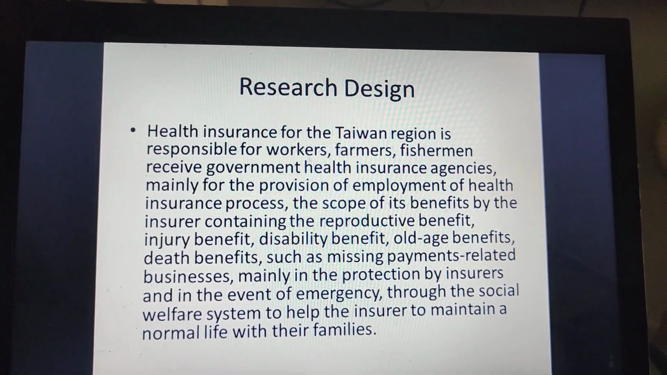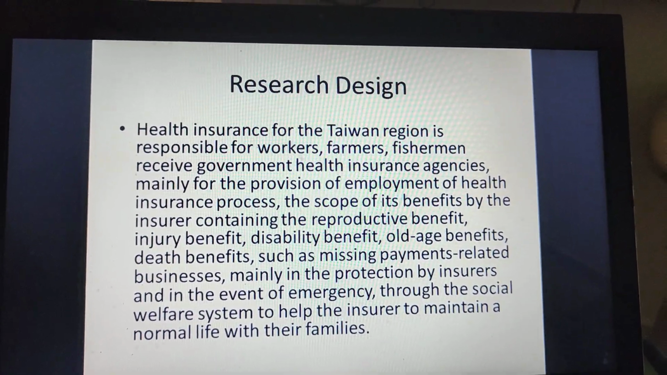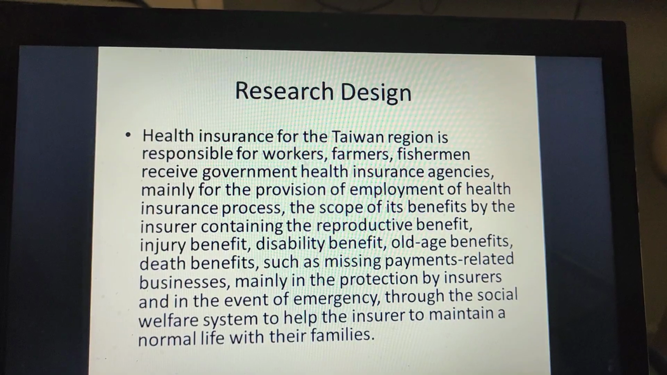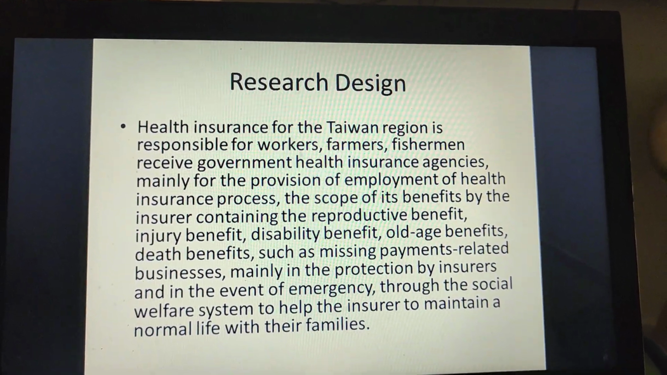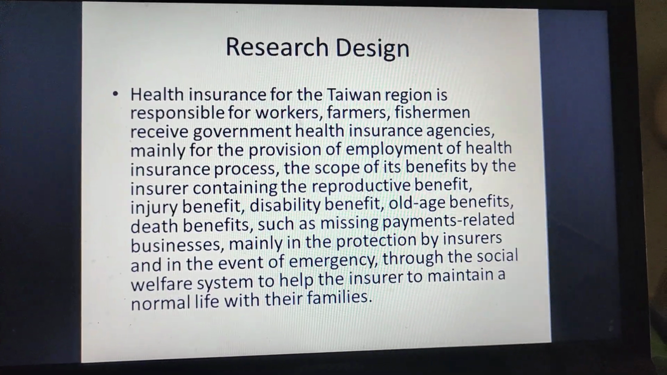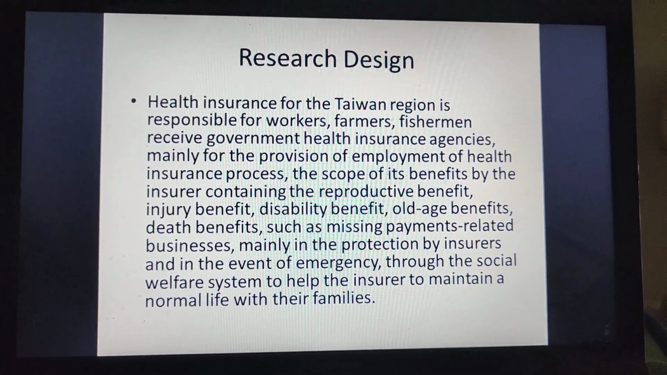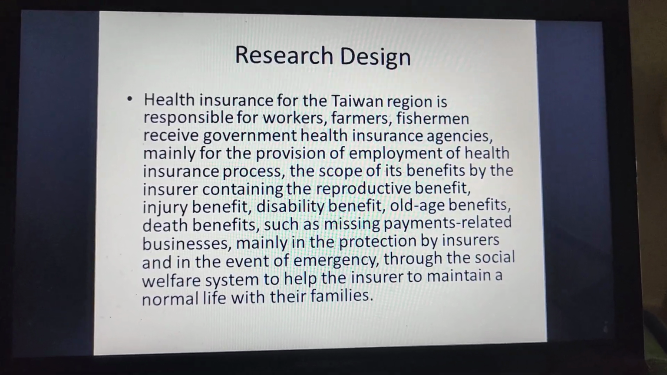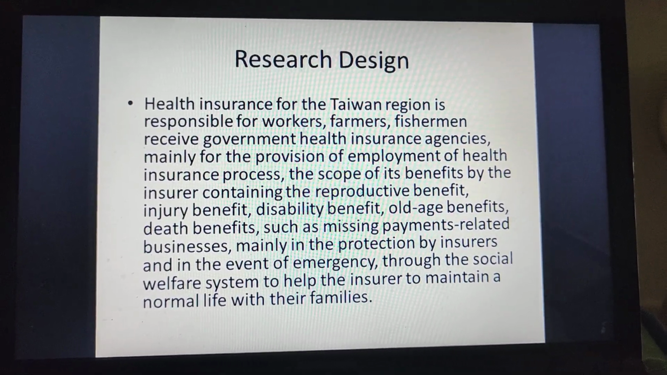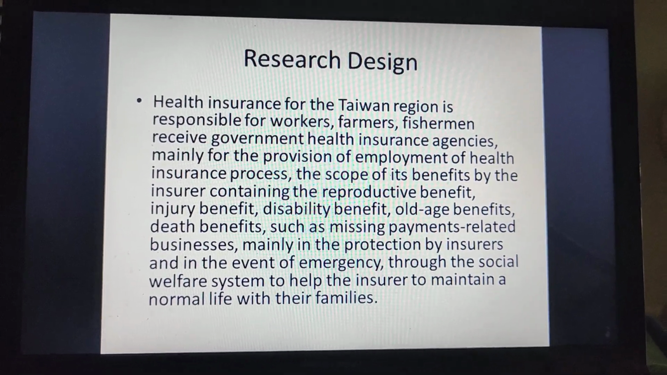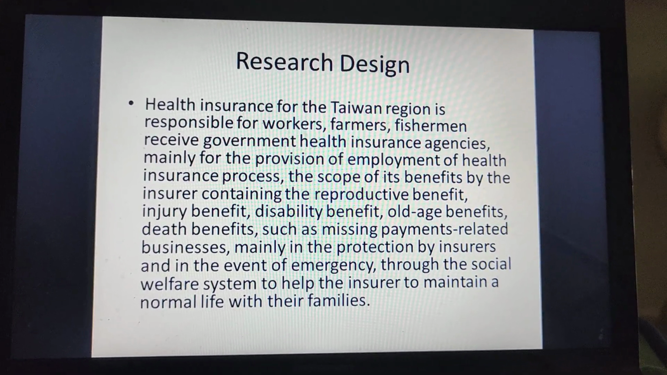Research design. Health insurance for the Taiwan region is responsible for workers, farmers, and fishermen, and the government health insurance agencies mainly provide employment-related health insurance. The scope of its benefits by insurer contains the reproductive benefit, injury benefit, disability benefit, old age benefits, death benefits, such as missing payments related business, mainly in the protection by insurers, and in the event of emergency through the social welfare system to help the insurer to maintain a normal life